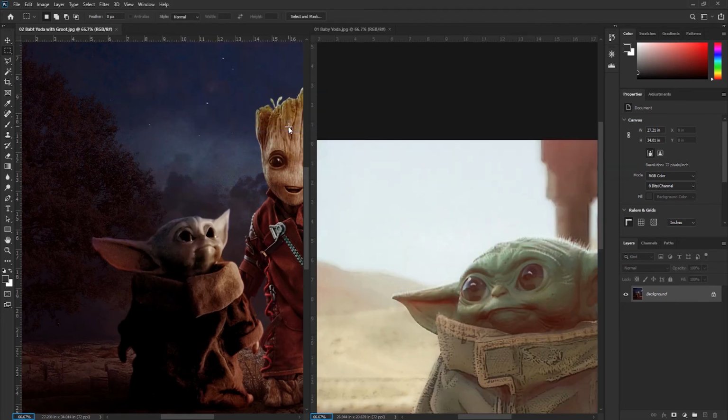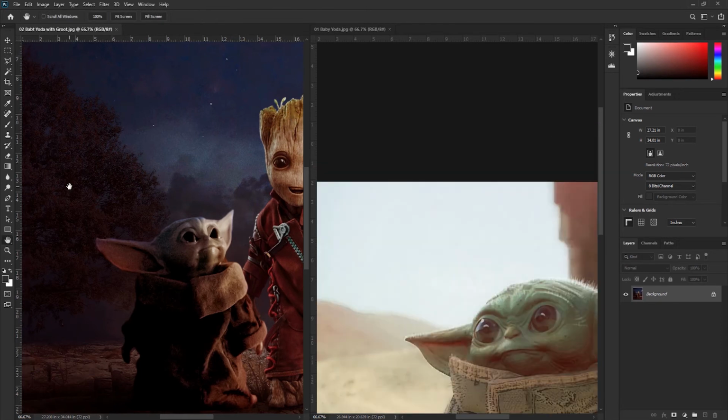Now if I wanted to zoom in or zoom out on multiple windows at one time, with the Zoom tool selected, I could enable Zoom All Windows and click to zoom in or hold down the Option key to zoom out. If I don't want to enable this, but I just want to temporarily turn it on, then I could hold down the Shift key. And you will see that I can zoom in to both images at one time.